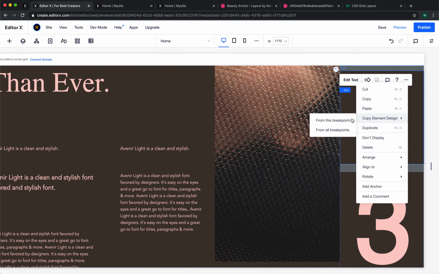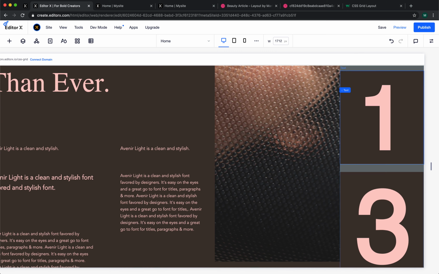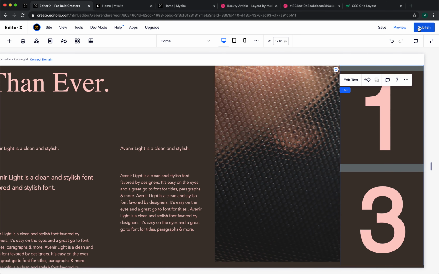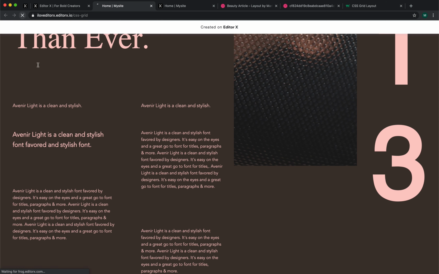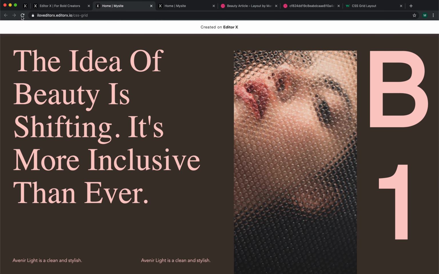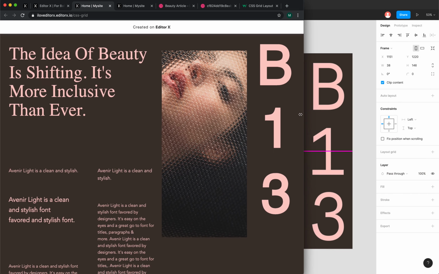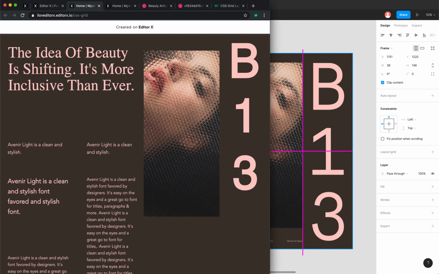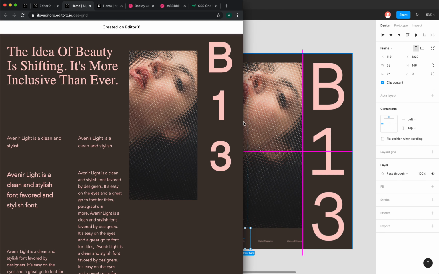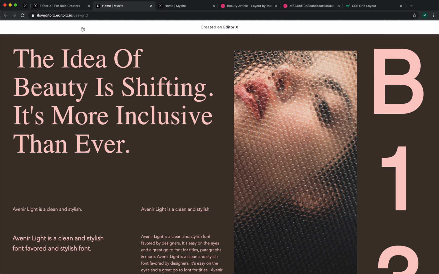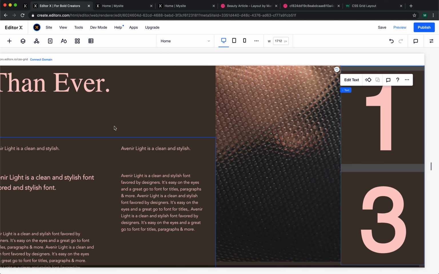So I will do it again, and let's publish it and see how it reacts. Okay, much better, right? So when I shrink my size, it becomes more responsive. Okay, so we can do the same thing for this one,